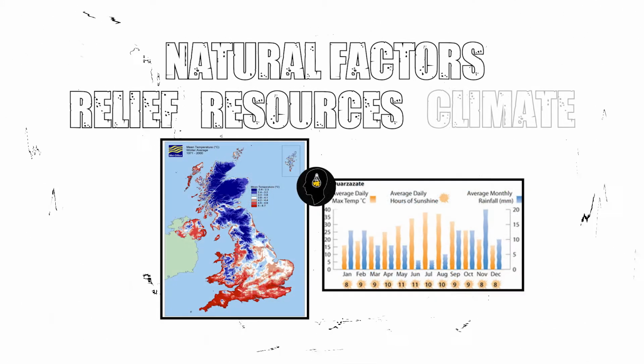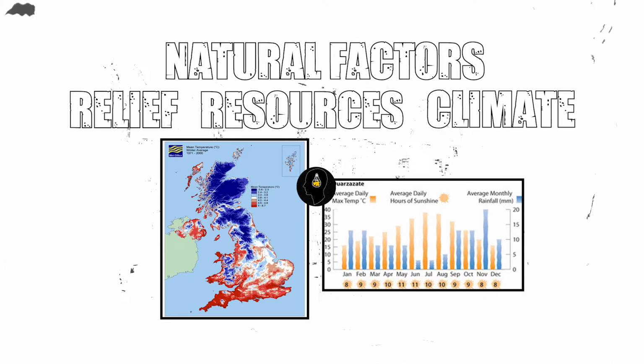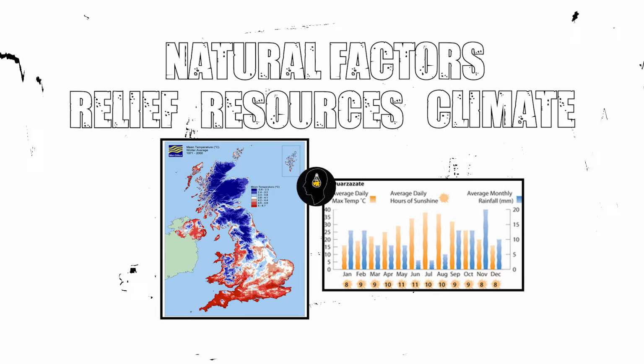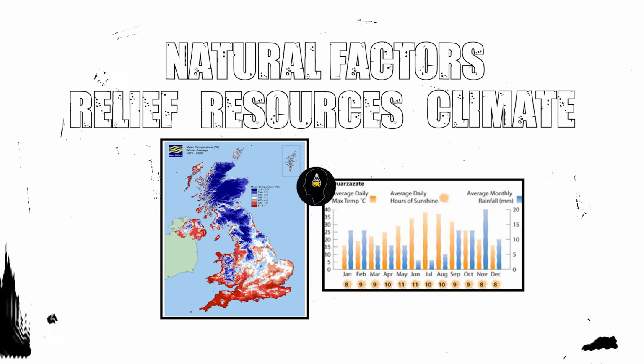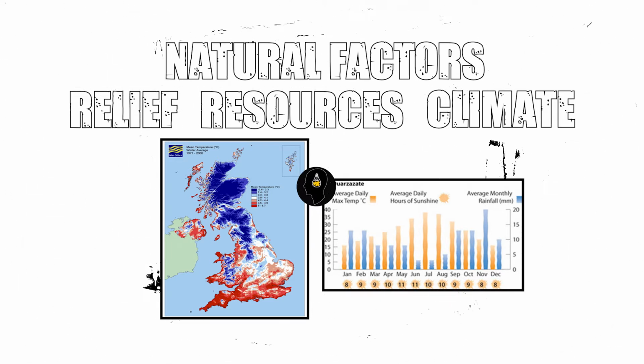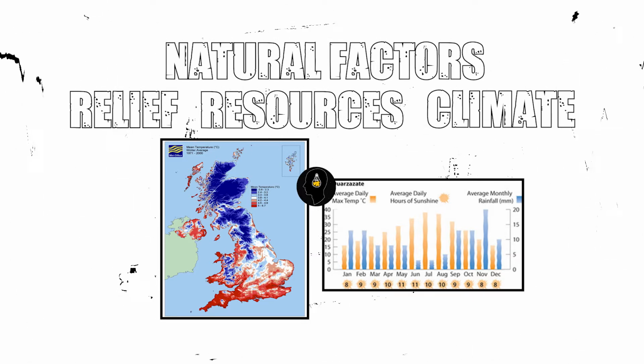The last natural factor is climate, as it influences the way of life and agriculture. Countries like the UK get enough rain and no extreme weather for crop growing. But the more extreme the climate, the worse the agricultural opportunities. For this, the Sahara Desert is a really good example, as they cannot grow crops there.